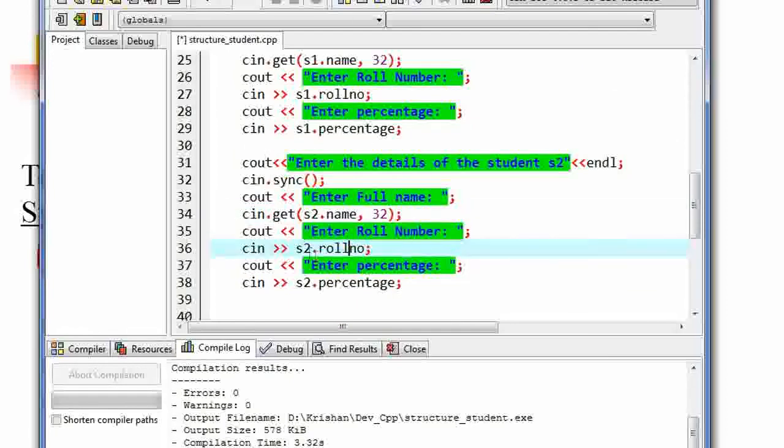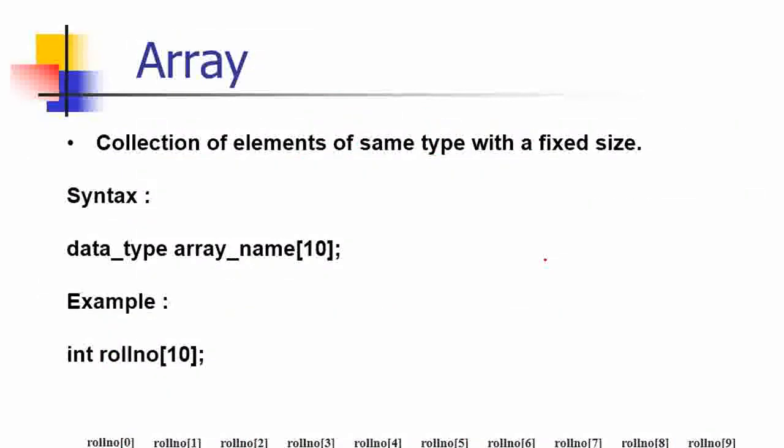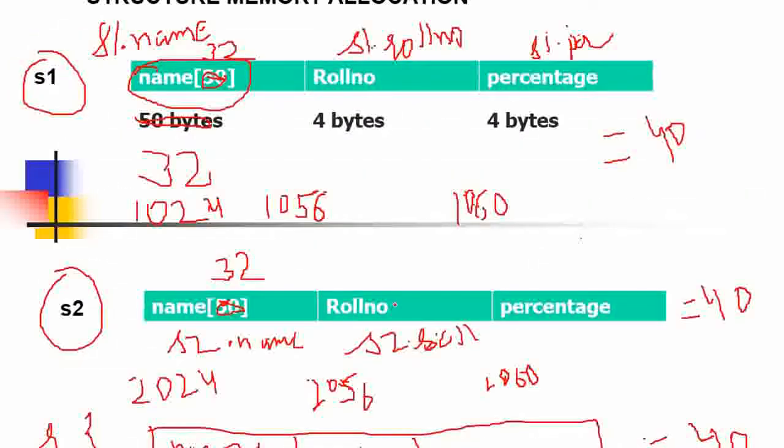Same here, enter roll number, cin S2.roll_number, जो भी हम एंट्री करेंगे वो S2.roll_number में स्टोर होगी। यहाँ पर अगर आप देखें, जैसे मान लो 5 रोल नंबर बताया मैंने S2 का यहाँ पर, तो जो 5 होगा वो इस मेमोरी लोकेशन के अंदर जाके स्टोर होगा, 2056 के अंदर। वहाँ पर जब S1.roll_number लिख रहे थे, वो 1056 के अंदर स्टोर हुआ था, यहाँ पर जो किया था हमने,